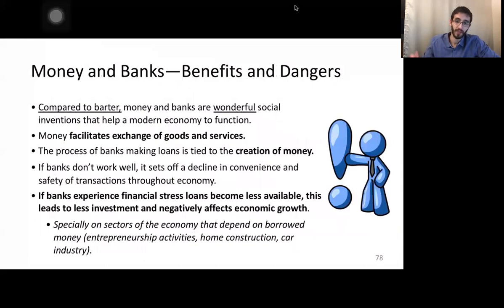Okay, so the benefits and dangers of banks, right? Compared to barter, banks are awesome. Money is wonderful, right? It really helps a lot of economic activity to grow. It helps the efficiency of markets, the speed of markets and transactions. So we can say it's a great benefit for our society, right? It facilitates the exchange process. Now we can do online shopping because of how the technology has evolved, the banking industry, payment methods, and